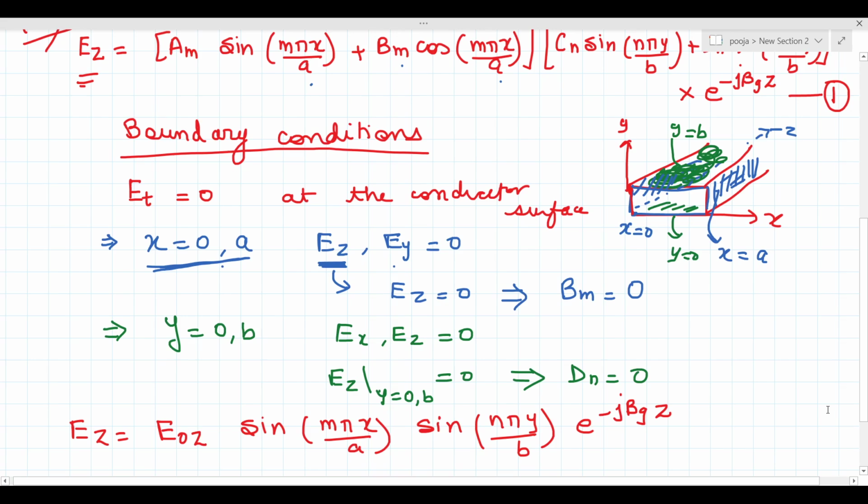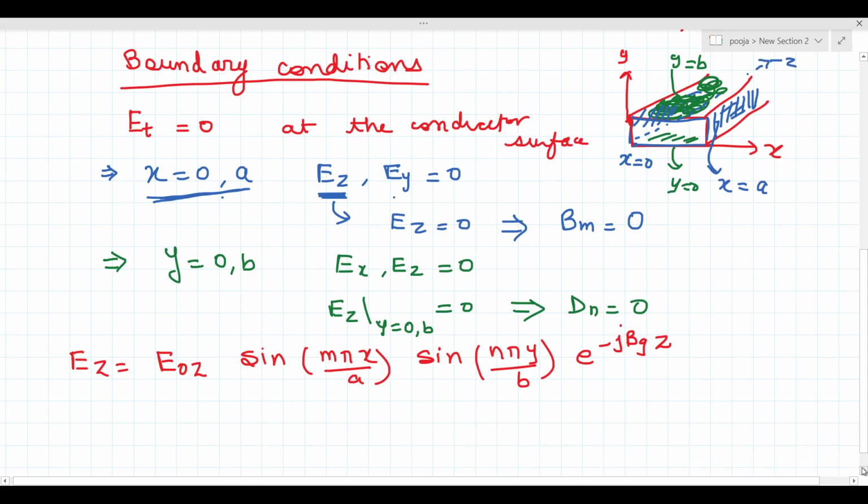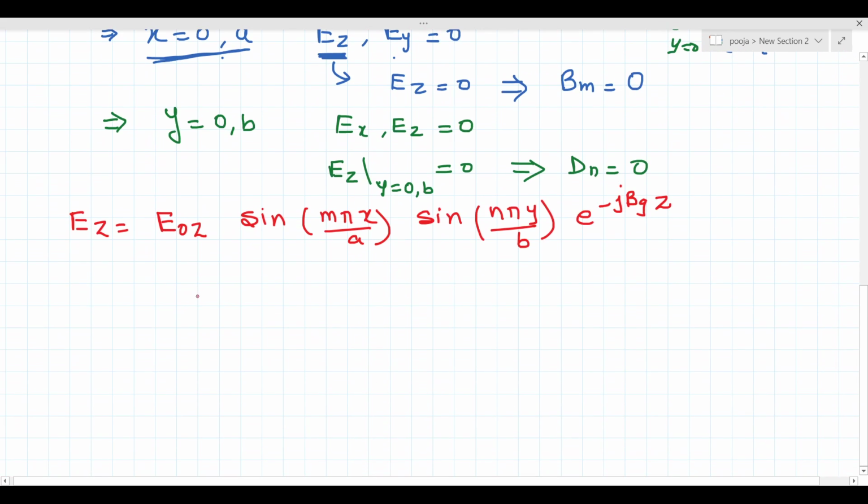Okay, so after seeing this, what can you say? See this equation. What will happen if we make m equal to 0 and n equal to 0 both? Ez will become 0, which means this will become a TEM wave. Hz was 0 in the condition that we considered earlier. Ez becomes 0 for m equal to 0 or n equal to 0. So this will become a TEM wave.